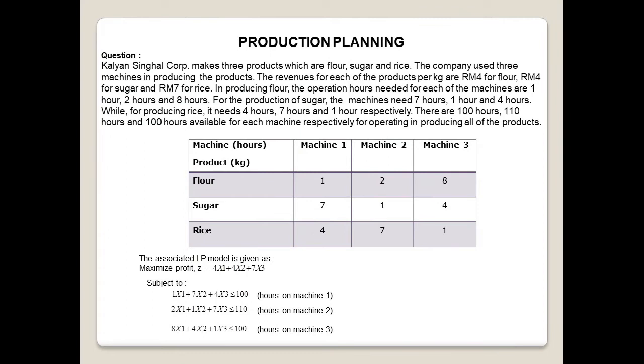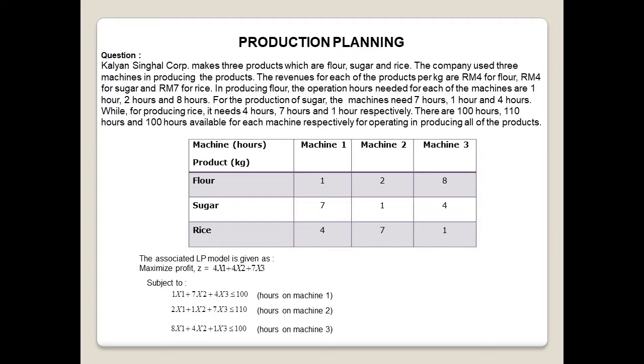Kalian Singal Corporation makes 3 products which are flour, sugar and rice. The company used 3 machines in producing the products. The revenues for each of the products per kg are 4 ringgit for flour, 4 ringgit for sugar and 7 ringgit for rice. In producing flour, the operation hours needed for each of the machines are 1 hour, 2 hours